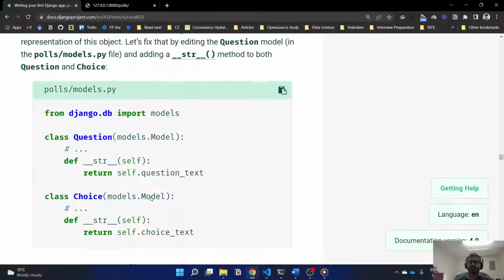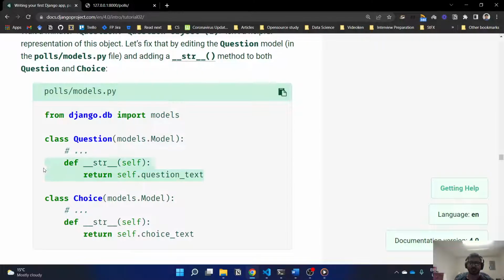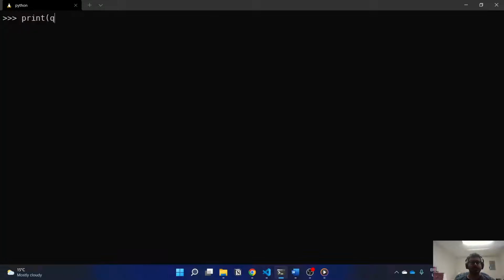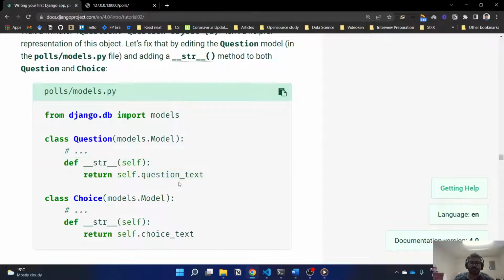There are also certain changes that you can do. For example, when you print question, here we have Q, and now if I do print Q, it will show question object 1. But instead of this, if you want to show the question itself, what you have to do is essentially copy this double underscore